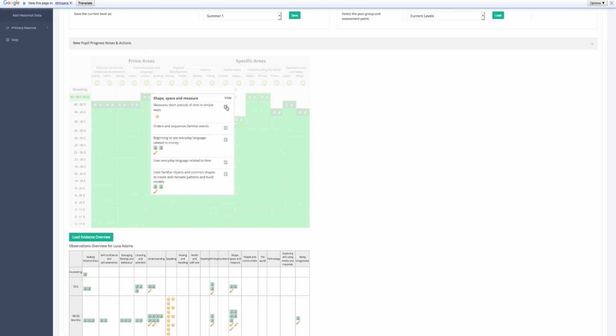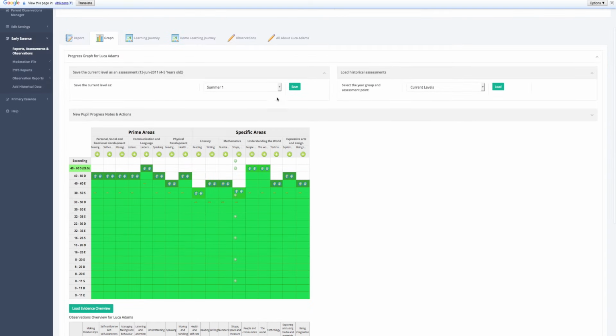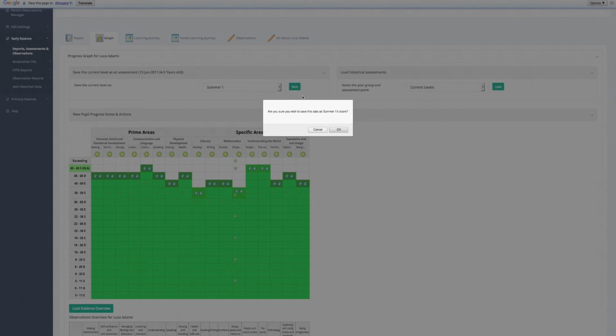Basically, that is to say the child has evidenced that. You could do it once to say embedded, or you might use a system where emerging, developing, secure. That's entirely up to you. That will then generate in the evidence overview below and fill out the overall picture of the child's learning. Once you've reviewed the evidence, made your assessment judgments for each age and stage up to that point that you've selected, you then save it,